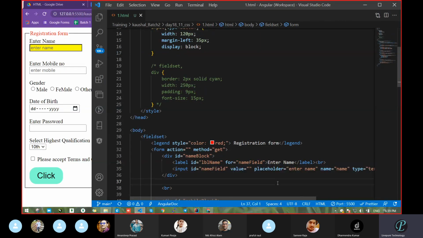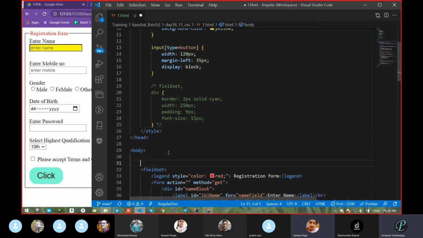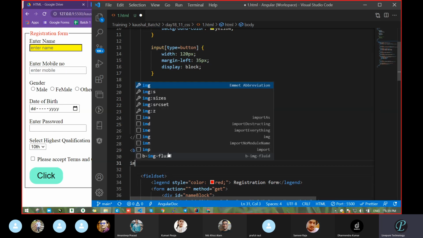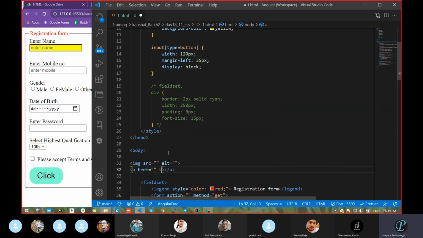So what are we going to do? We are going to target that. When we were studying the attribute selector, that time we had targeted the image, and one more thing, we had targeted the anchor tag. In the anchor tag, we had taken target equal to underscore blank.